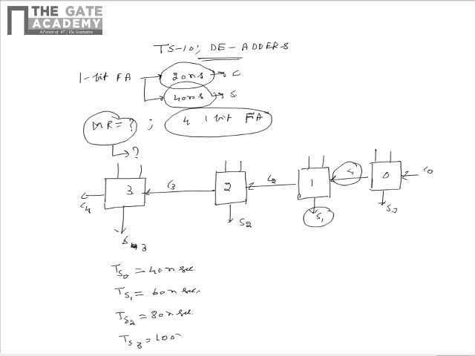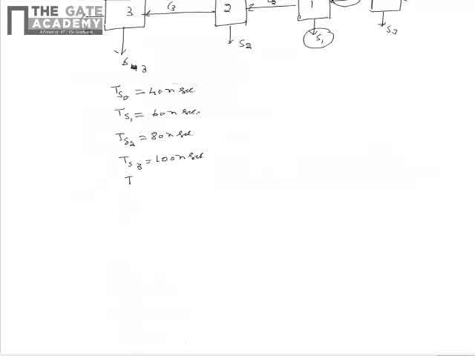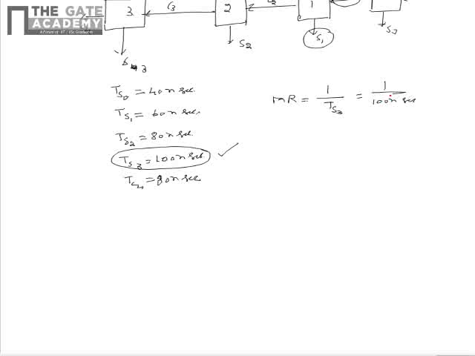TS3 can be written as 100 nanosecond, and TC4 can be written as 80 nanosecond. Of all these values, the maximum time delay occurs for S3, and this is equal to 100 nanosecond. So from this we can say that maximum time delay occurs for S3, and this is the constraining factor for maximum rate. So the maximum rate of additions per second is 1 by TS3, that is equal to 1 by 100 nanoseconds. So upon simplifying this, we get the maximum rate as 10 power 7 Hz.